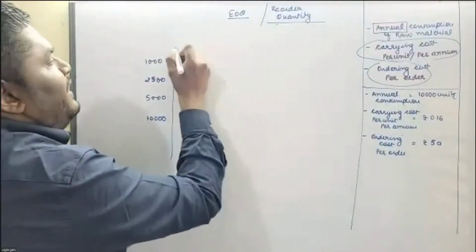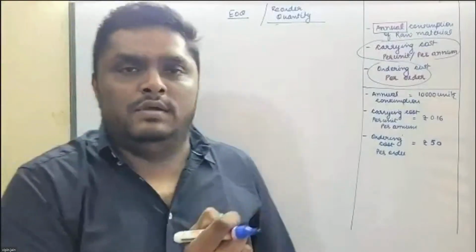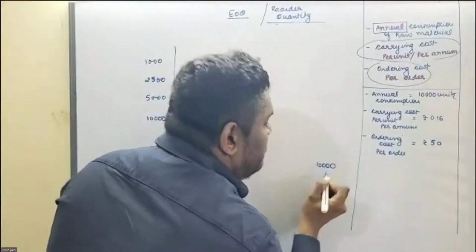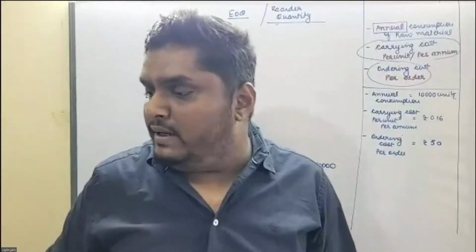Now let's first calculate the ordering cost. Now see, my annual requirement is of 10,000 units. मेरा annual requirement है